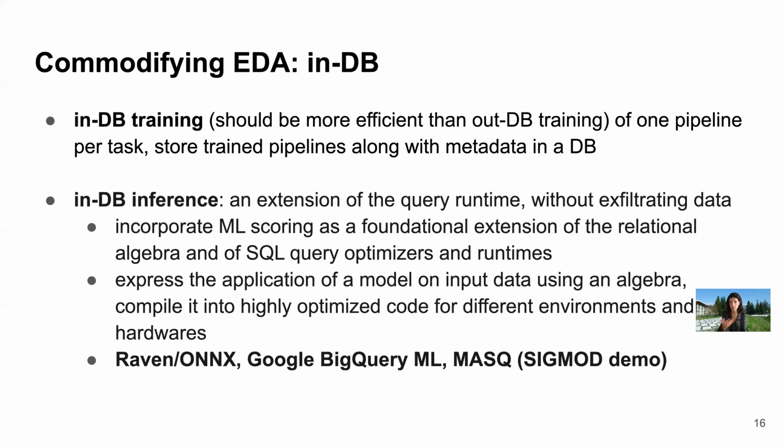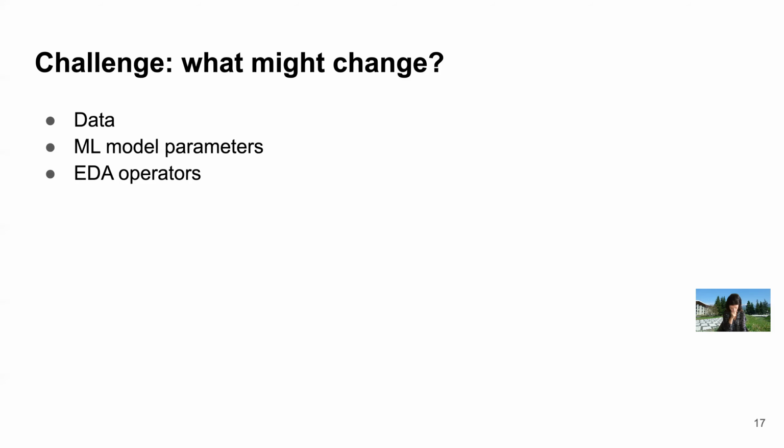And so then the algebra can be compiled into an optimized code for different environments and hardwares. For instance, Microsoft has Raven that has an intermediate representation of ML operations and SQL, and integrates that into a single query plan, and ONNX, that is the runtime environment. Okay, so that's great. So if nothing changes, then we're done, right? We're able to pre-train a number of models, find those models on demand, and use an MLOps infrastructure or a database to